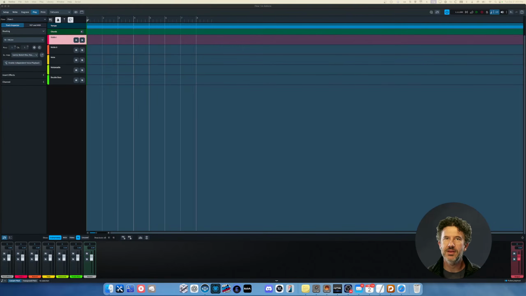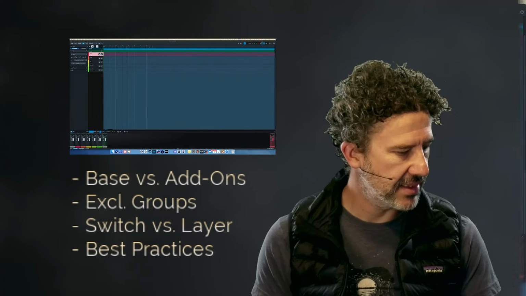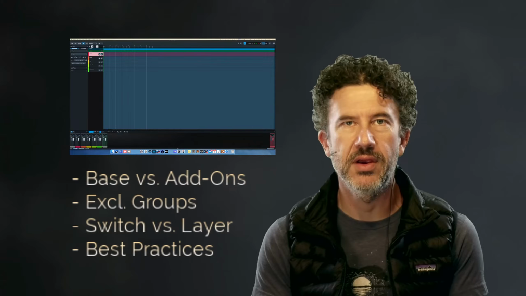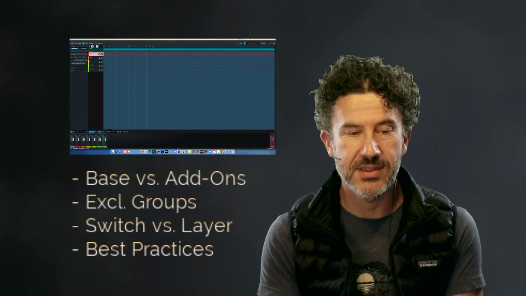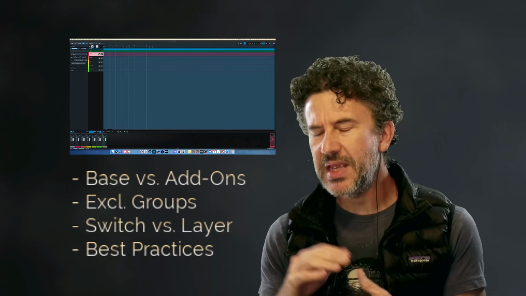But this is a topic today that's as old as I can remember in Dorico, and it has to do with the differences between base switches and add-ons, and the problem that this misunderstanding about base switches and add-ons often will lead to is just simply not getting the playback correct on your instruments. Now, sorry, actually, I see that I have the wrong view there. There you go. Here I am in full person. So yeah, there's this